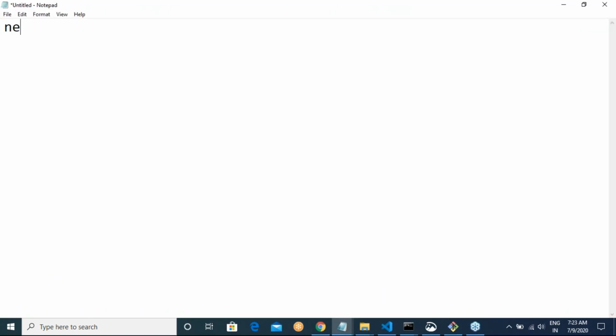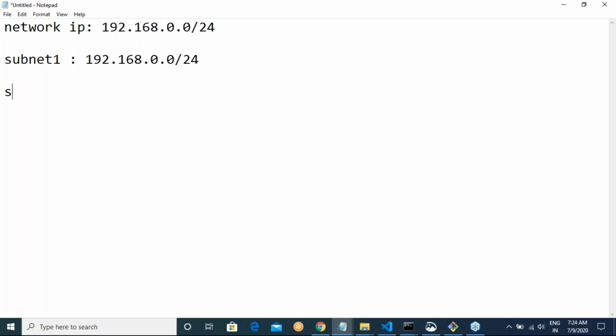I have given my network IP range, 192.168.0.0/24, and I have created my subnet 1 with 192.168.0.0/24. Now I create my subnet 2 with 192.168.1.0/24. Is this okay or is there something wrong here?